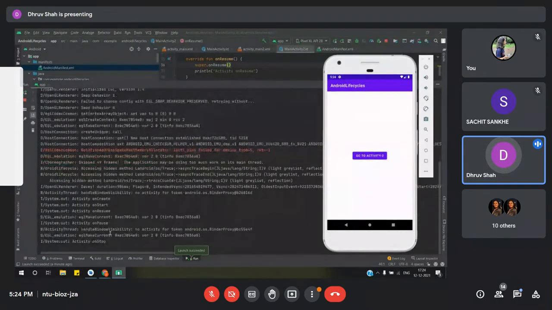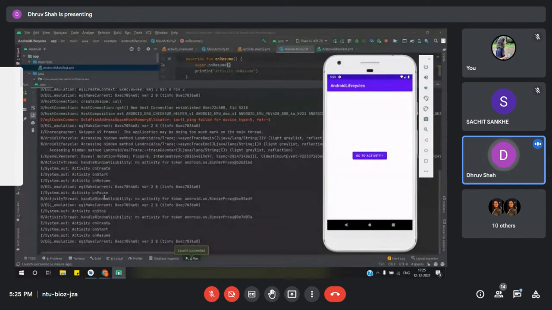During this time, the activity is calling the onPause and the onStop methods. From this you can conclude that the second activity is no longer in the state of running and activity one is now in the state of running. If we again go back to the second activity, the onCreate, onStart and onResume methods are called again.